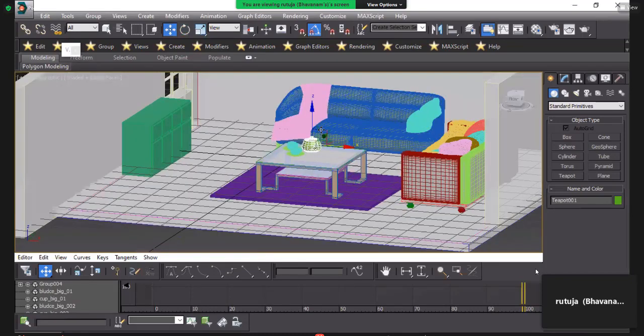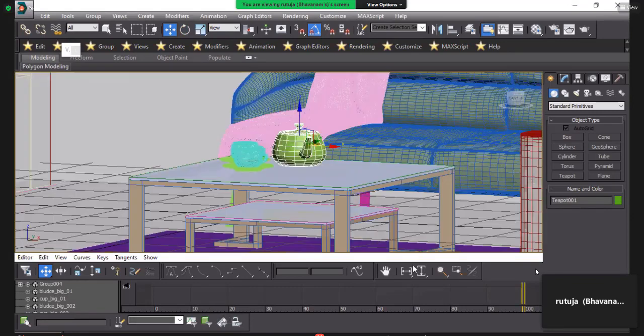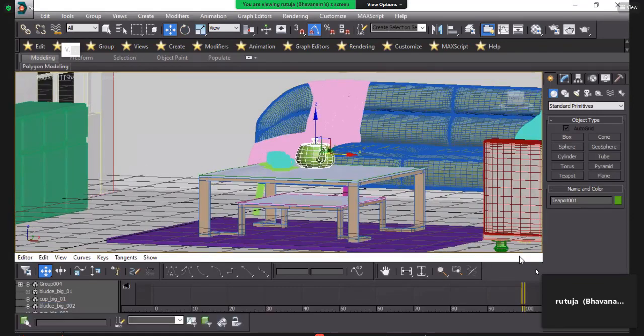If you see this view, which is exactly here.